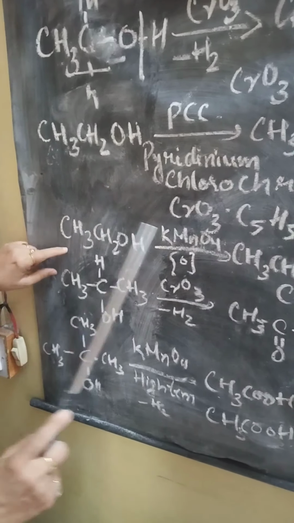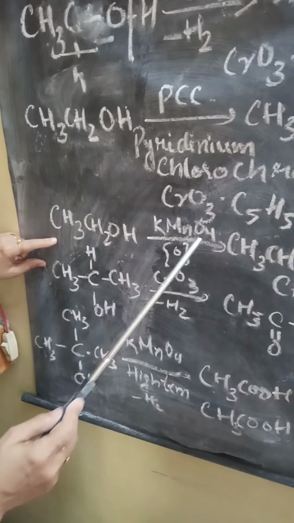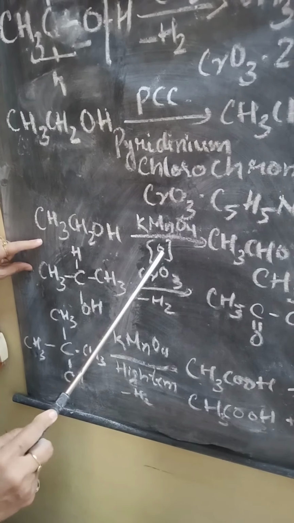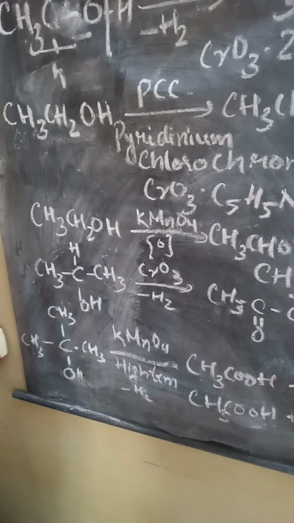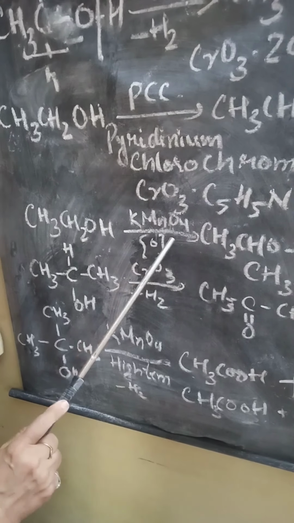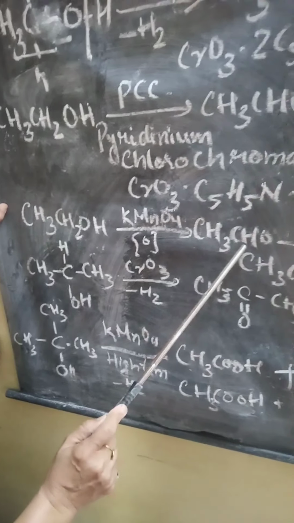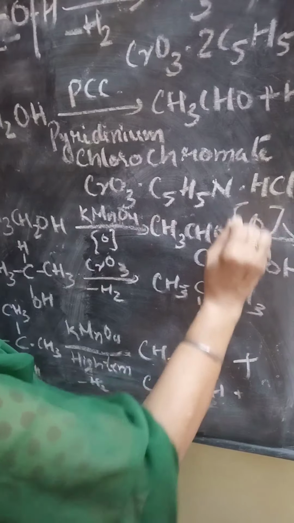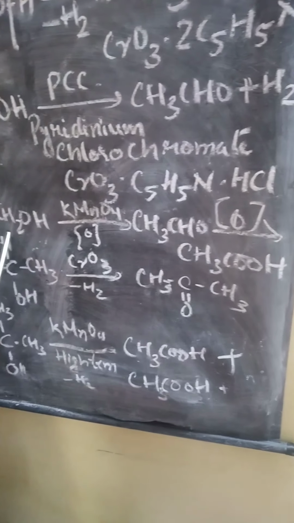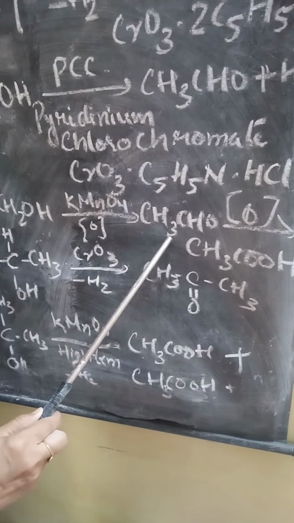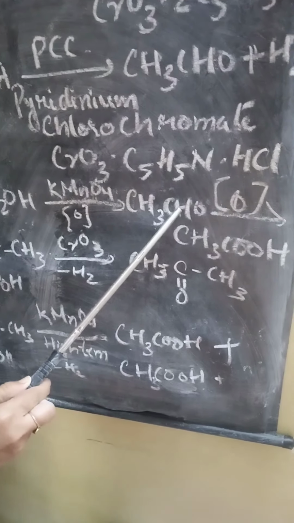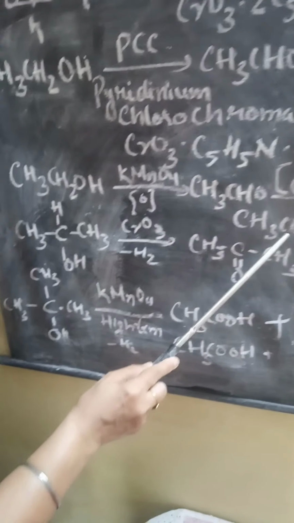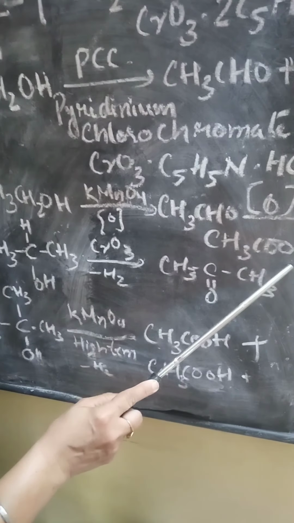Third, another reagent that you can use is a strong oxidizing agent, that is KMnO4, which is a very strong oxidizing agent. When a strong oxidizing agent is added, the reaction does not stop at aldehyde. It continues till it forms acid. Alcohol on oxidation changes to aldehyde. Aldehyde on oxidation, taking one oxygen from the oxidizing agent, results in the formation of acid. Acetic acid is formed.